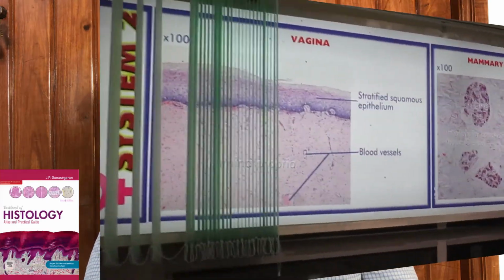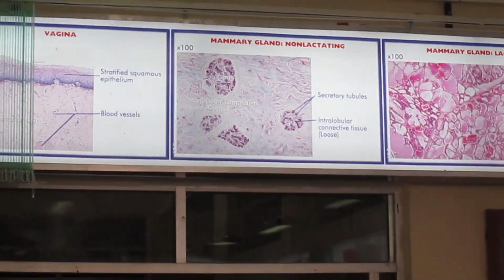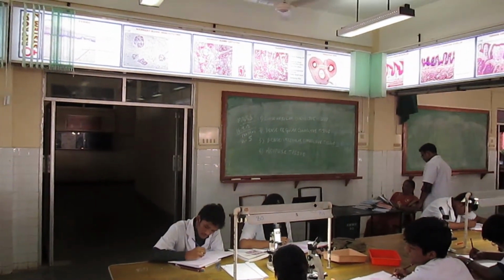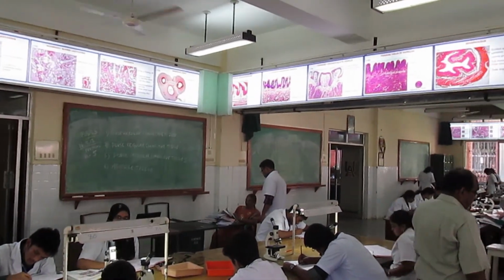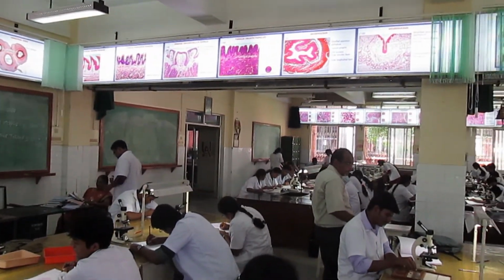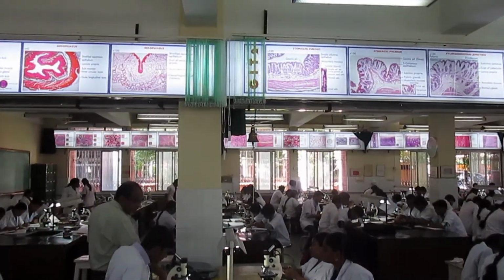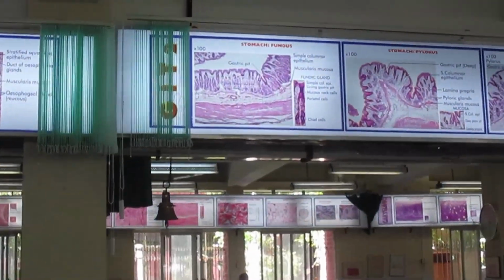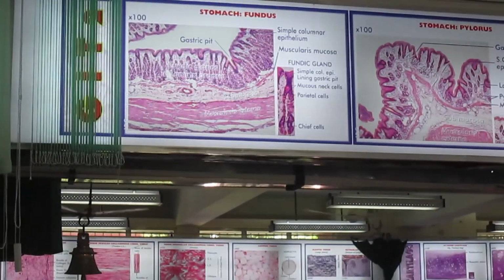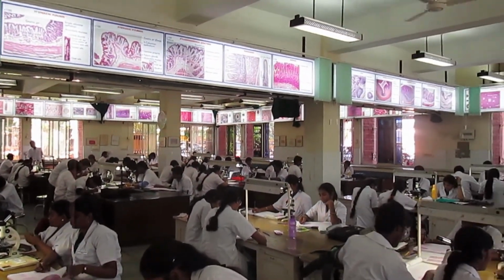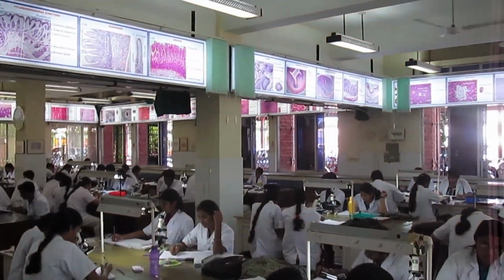The slides you are going to see in this presentation are not new to you. You would have already seen these slides in your medical school during histology practical classes. Presentation of this type gives you a quick review of all the slides with points of identification and related questions which are often asked. The whole histology is divided into 18 presentations, each of which is of 15 to 20 minutes duration. So the entire histology can be covered in 6 hours of viewing and listening. Now let's go to the presentation.